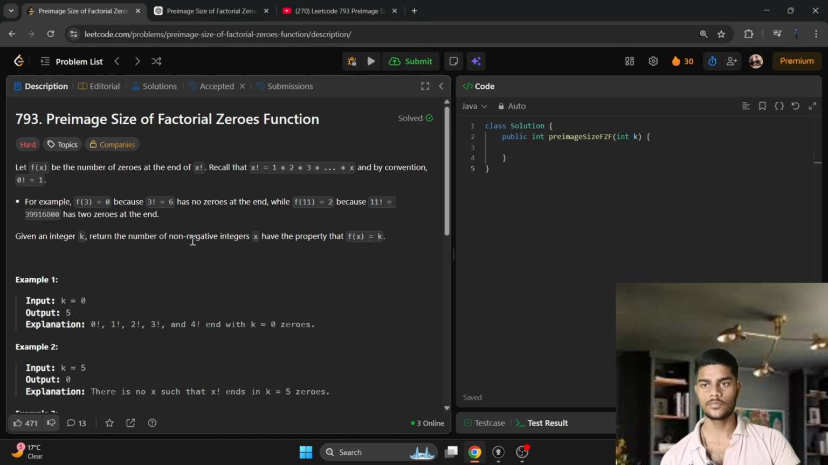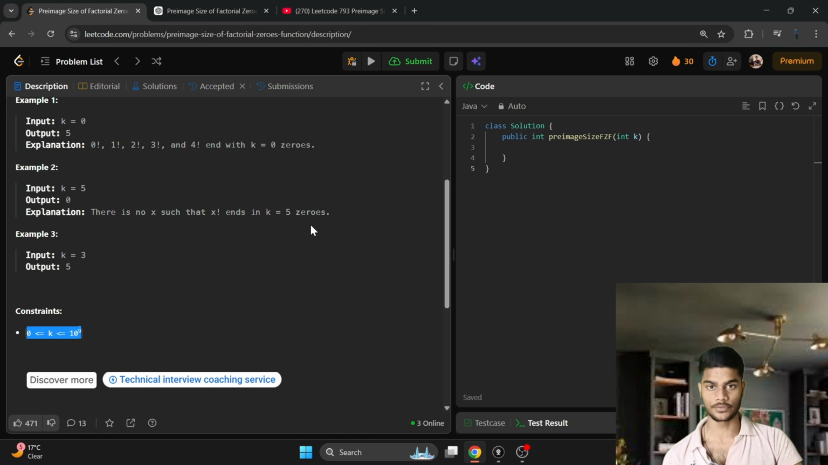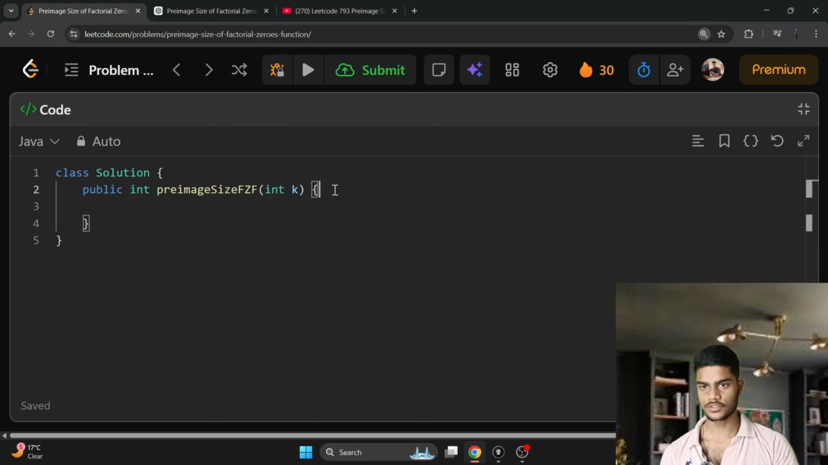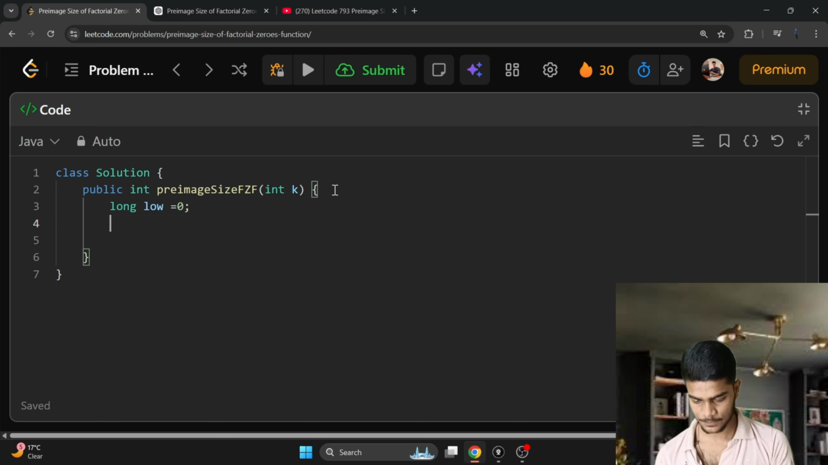So in this problem we can use binary search. Let us start our code. First of all, I open my solution pad and zoom in. First we initialize our values: initialize long low is equal to 0, then initialize our high variable, long high is equal to